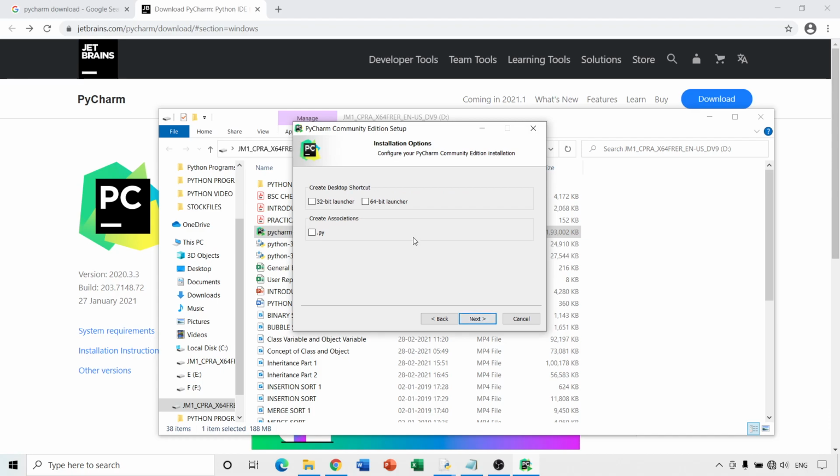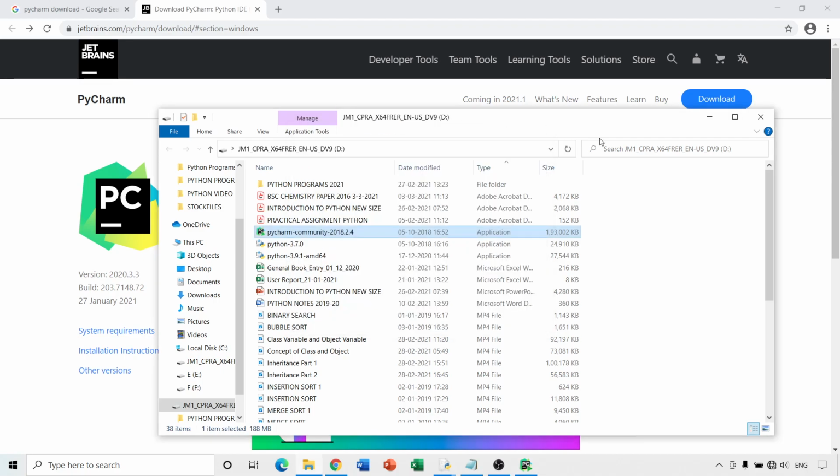Now it will ask whether you want a 32-bit launcher or a 64-bit launcher. Specifically, if your system is 32-bit, then you have to take the 32-bit one. My system is 64-bit, so I will select this one. And I had already taught you how to check whether your system is 32-bit or 64-bit. Just let us try to recollect how to do that.